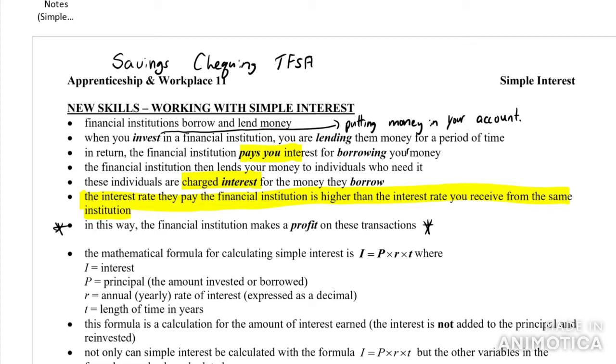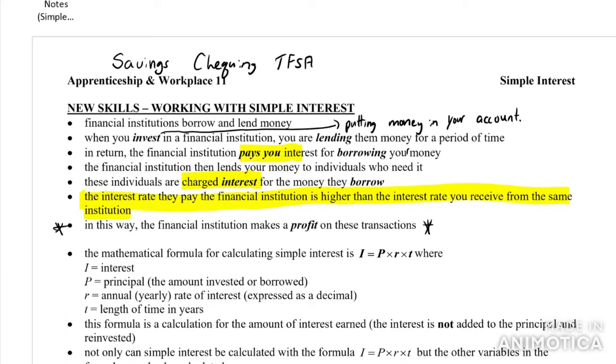So the key bit, how banks essentially function, is they hang on to money, they keep it safe, and then they lend it out to other people and they charge the people for lending the money out. But they also reward the people who save money, because then they have more money to work with.